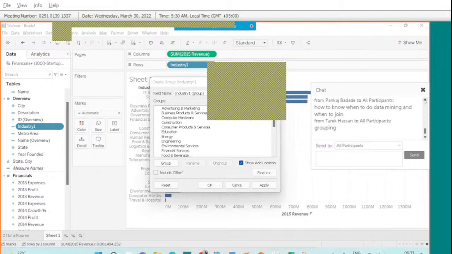So Pankaj, I'm not clear on the question. How to know when to do data mining? Mining as in